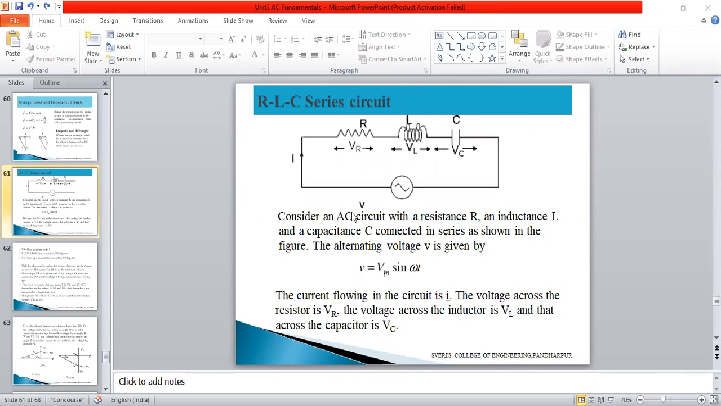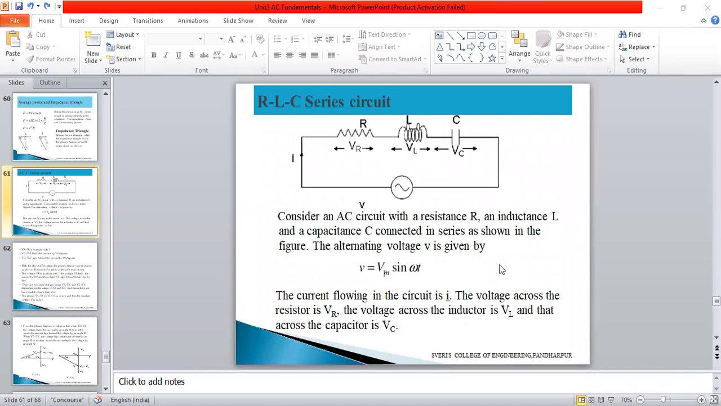Before starting the RLC series circuit, if you understood the RL and RC circuits, then only are you going to understand this one. If you understood AC circuits with pure resistance, pure inductance, capacitance, RC and RL, then we can solve this easily. If you remember that, it will become very, very easy for you to understand this RLC